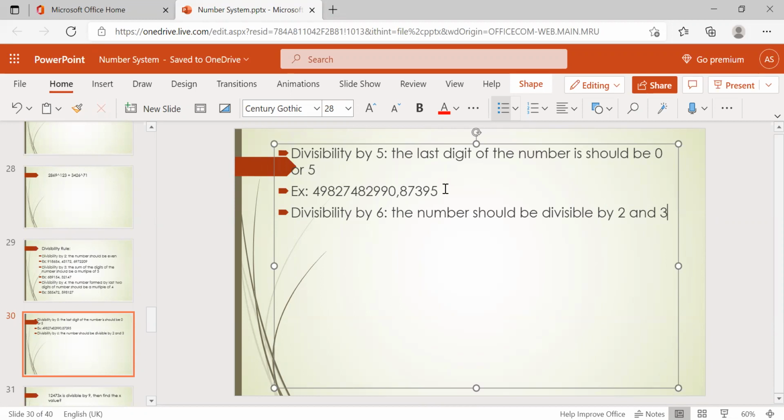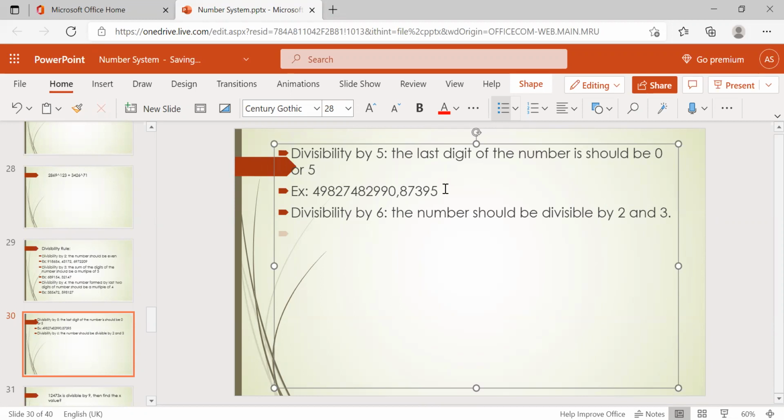If you want to check the divisibility by 6, then you have to check whether the number is divisible by 2 and 3 also. So if any number is divisible by 2 as well as 3, then that number should be divisible by 6. Okay, we'll see some examples first of all.